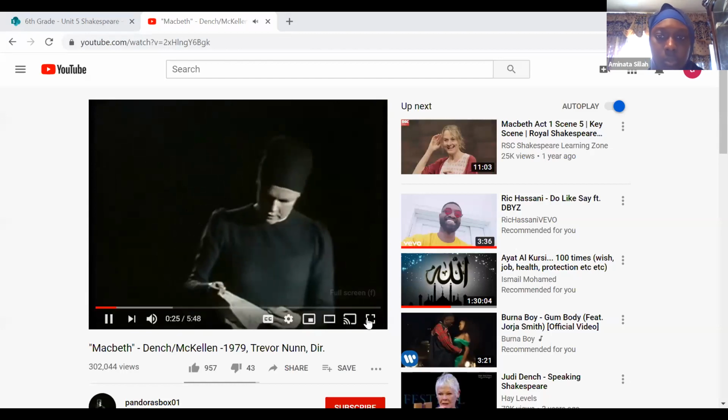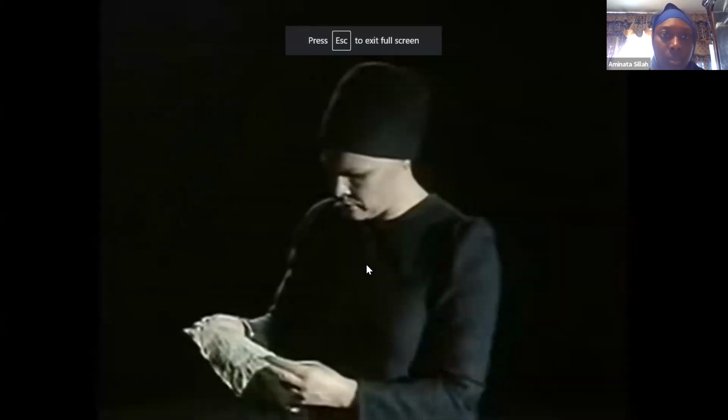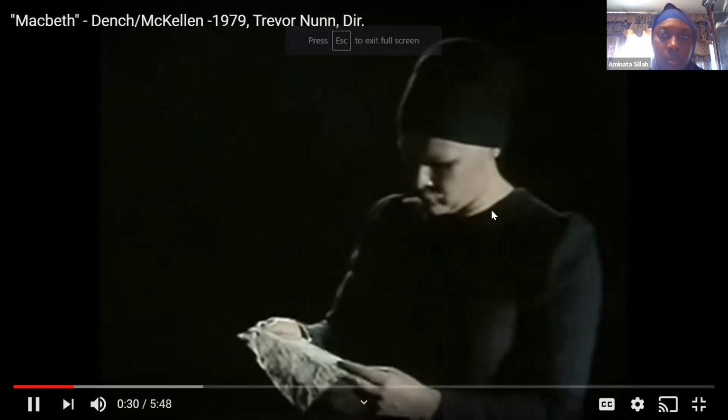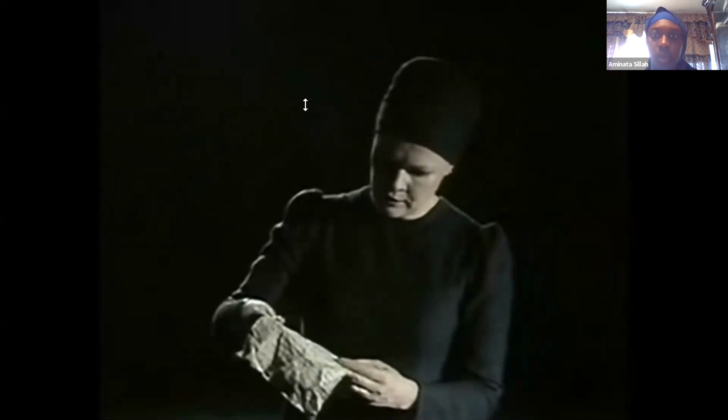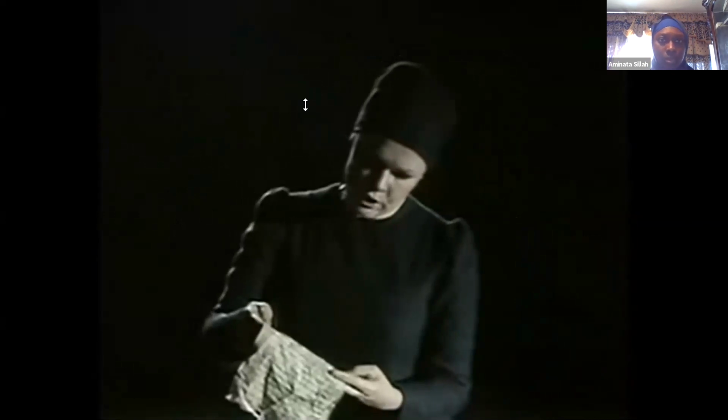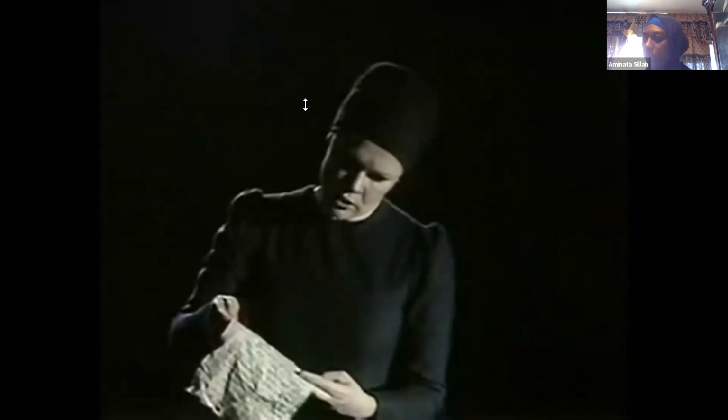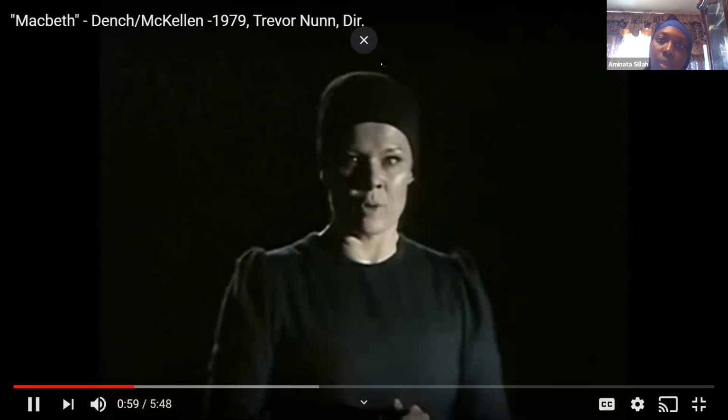Whilst I stood wrapped in the wonder of it, came missives from the king, who all hailed me Thane of Cawdor, by which title before these weird sisters saluted me, and referred me to the coming on of time with Hail, King that shall be. This have I thought good to deliver thee, my dearest partner of greatness, that thou mightst not lose the dews of rejoicing by being ignorant of what greatness is promised thee. Lay it to thy heart and farewell. Glamis thou art, and Cawdor, and shalt be what thou art promised.